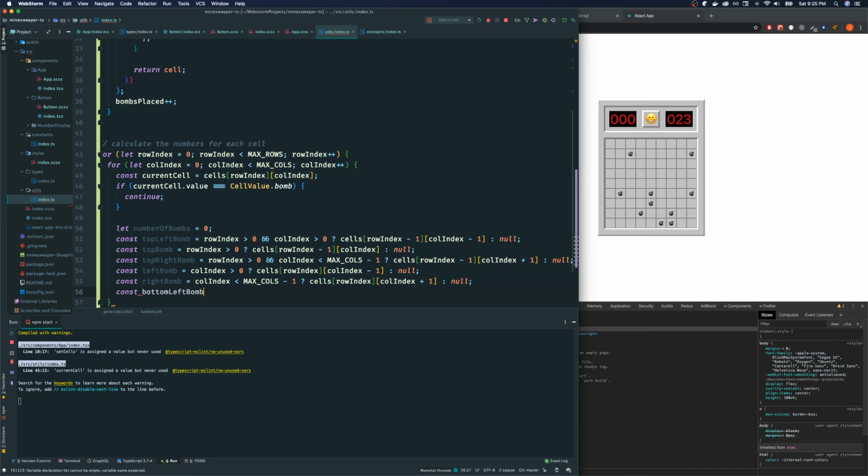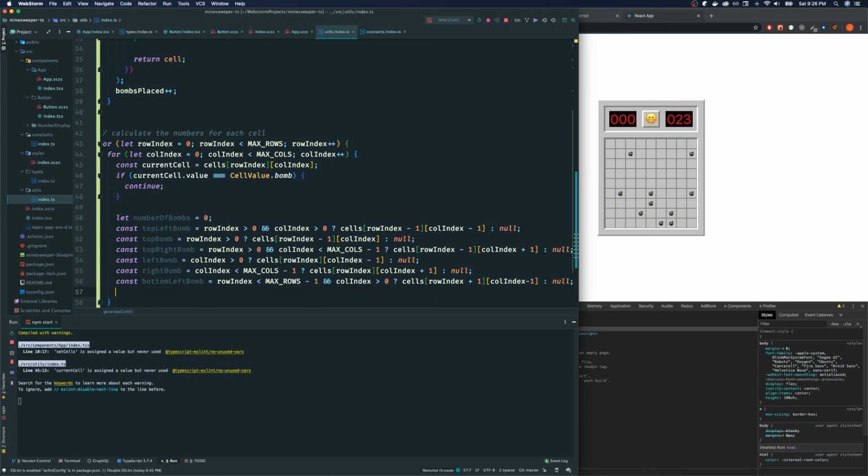Bottom left BOM. What are the conditions here? We need the row index to be less than max rows this time. Again, don't get these confused: max columns and max rows right now. Minus 1, because it cannot be the last one. And col index must be greater than 0, because if it's here, you can never have a bottom left. Then cells, row index + 1, and col index - 1, or no. Const